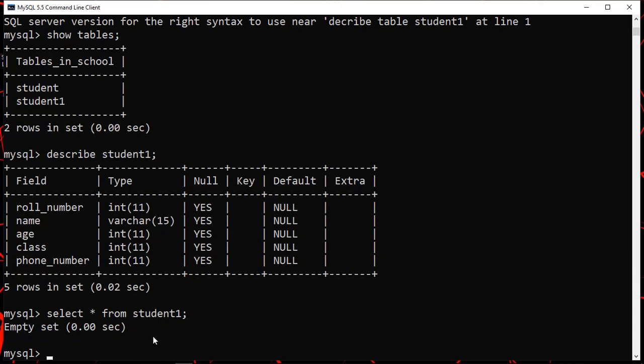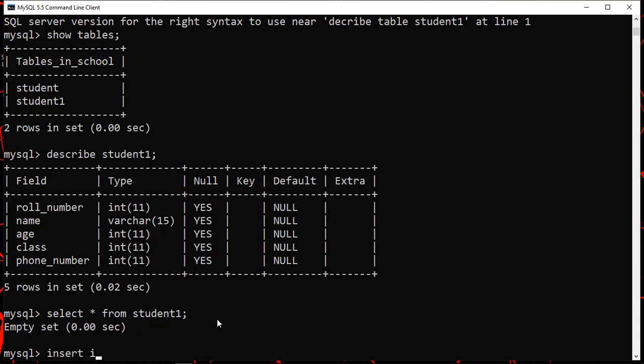Now if you want to insert records from one table into another table, you can follow this syntax. Suppose we are trying to fill the student table records inside student one, let's see how we can do it. It's very easy, we only need to figure out how to write the command. So let's go for the insert query.